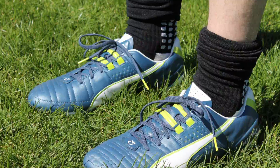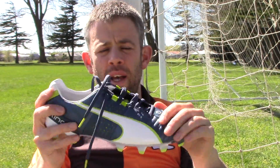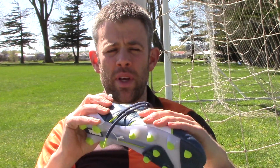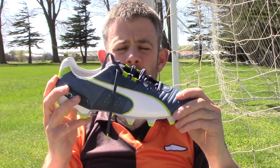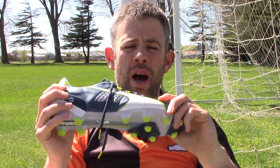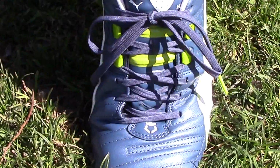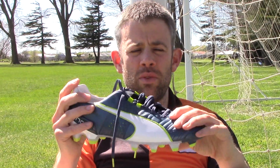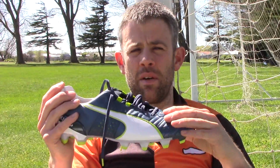So first impressions of the King 2, they give you a world-class fit really, and great feel right out of the box. Now as this is a heritage boot, you're going to get the super soft leather upper, in which it just feels sensational. It's a bit like the upper on the Adipure 11 Pro 2. The leather has got several layers to it for giving you the highest comfort, and there's additional stitching in on the upper in the forefoot here,